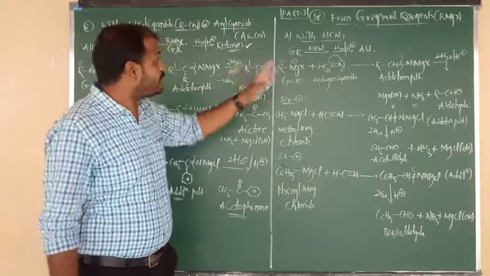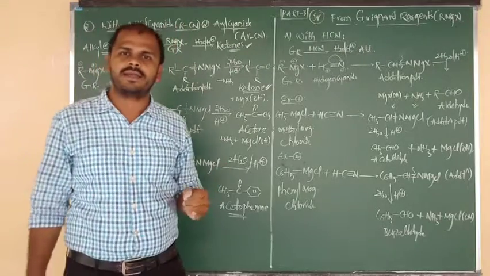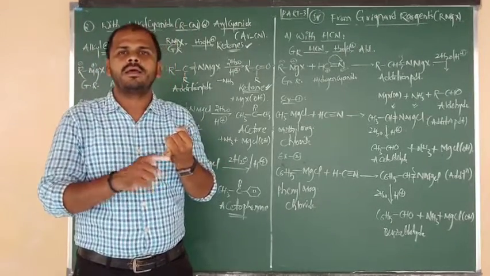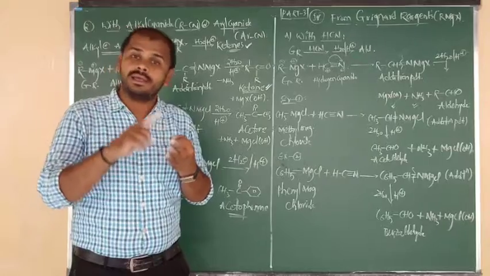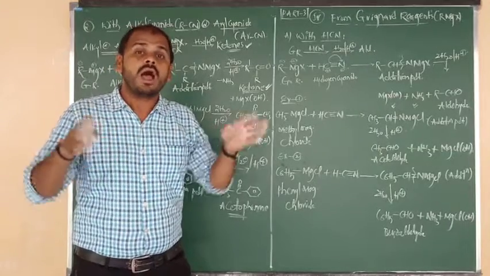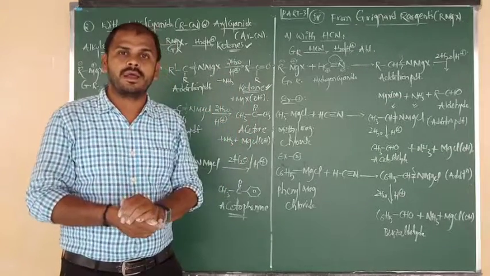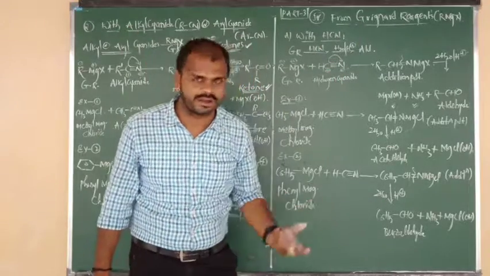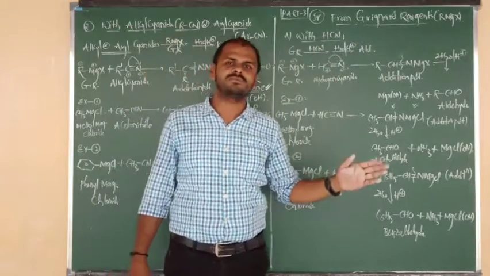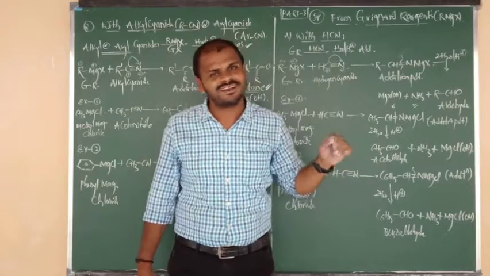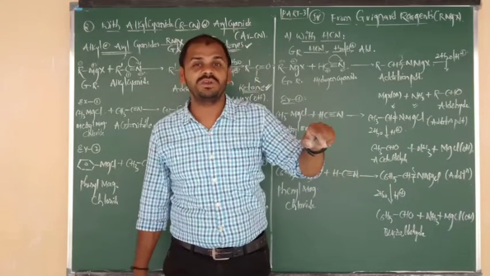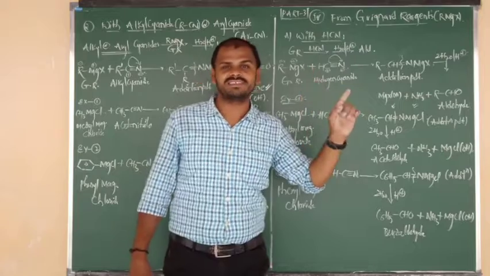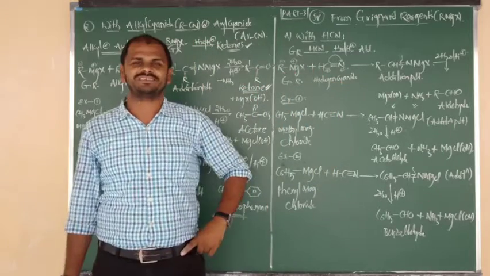But not only hydrogen cyanide and alkyl cyanide, there are 4 more different reagents: formyl chloride, alkyl formate, esters and orthoesters. How these 4 different reagents react with Grignard reagent and how they are responsible for the formation of aldehydes and ketones, such objective information regarding Grignard reagent we are going to discuss in tomorrow's class.